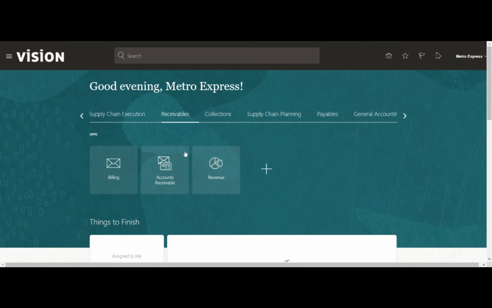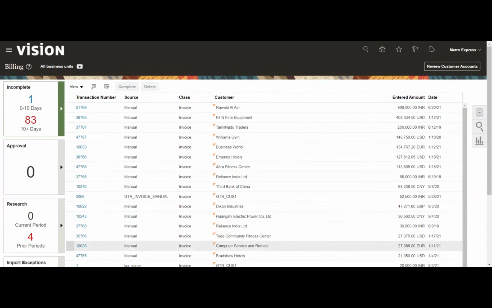Okay. So here, if you see, I can see all those transactions. The reason is that I did not customize my roles. If I had customized my role, which means if I had given access to a specific business unit at my role level, I would be able to see only my particular business unit's transactions that I'm creating. But I did not give it. I picked the standard roles, that is, receivable manager and accounts receivable specialist. That is the reason I'm seeing all those entries created from the different organizations.